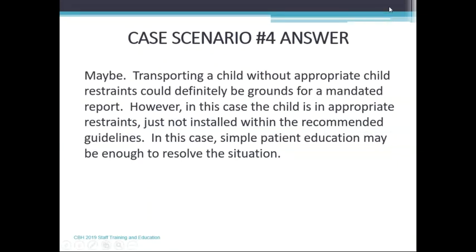So with that, I'll pass it back over to Michelle, who's going to get into elder and vulnerable adult abuse. Great, thank you, Christine. And just a little add-on that could change the situation even further with that last scenario is even if the child was not in appropriate restraints,